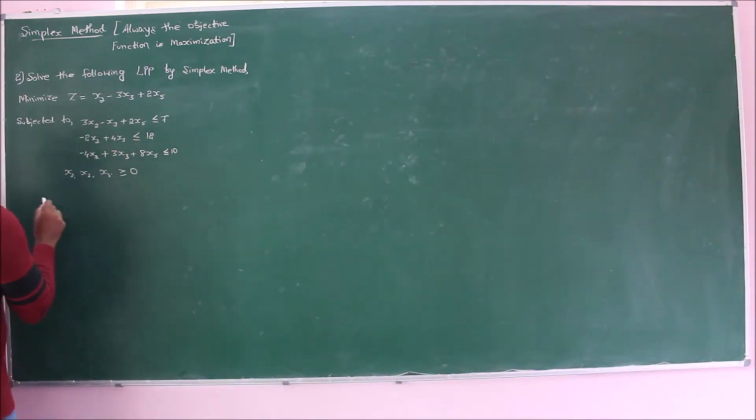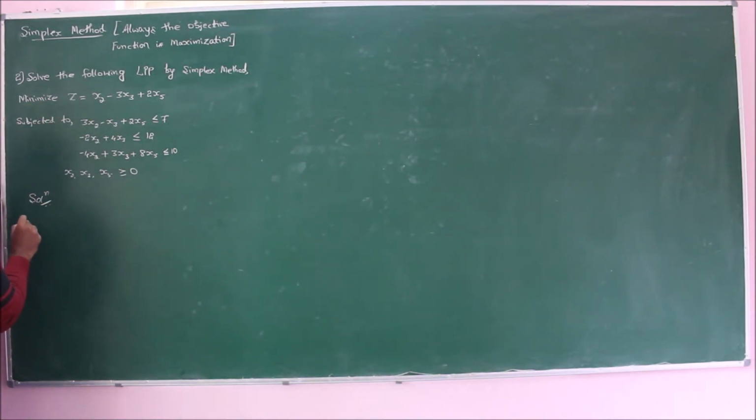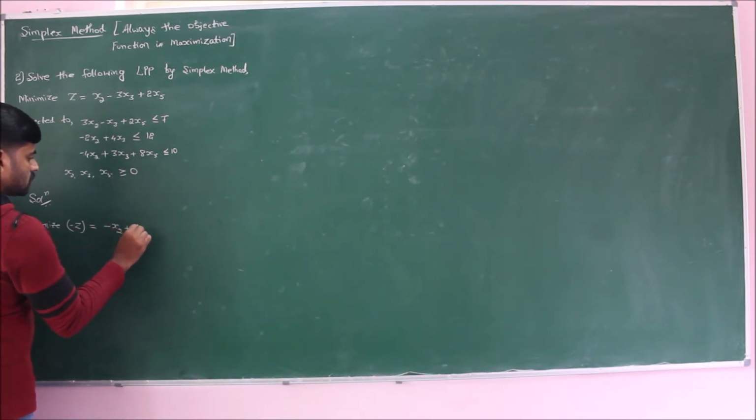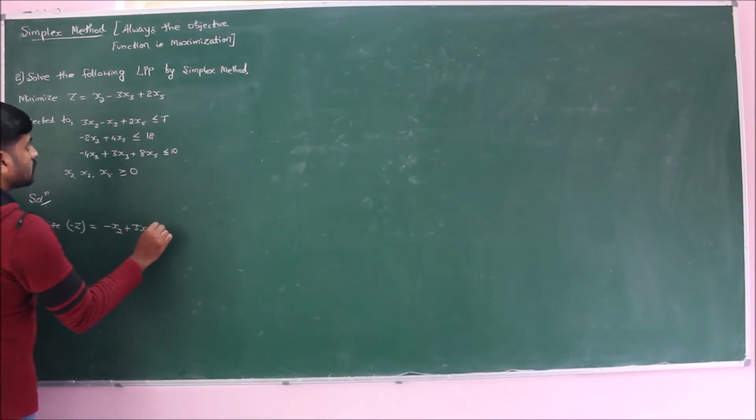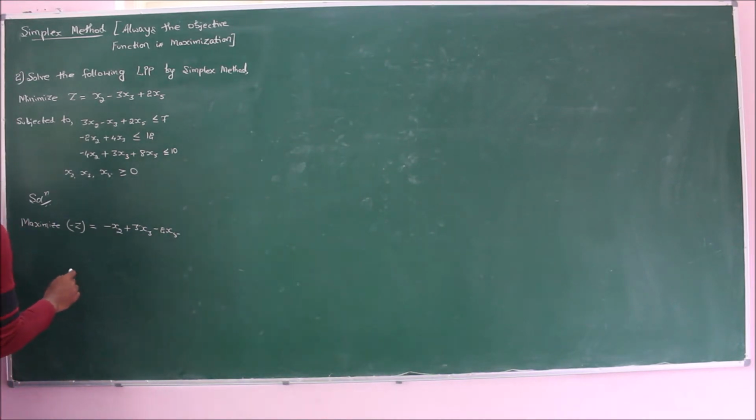Coming to step 1, I want to maximize the objective function. So multiplying the negative sign on both sides, for maximization, that is -z will be equal to -x2 + 3x3 - 2x5, where the constraints are